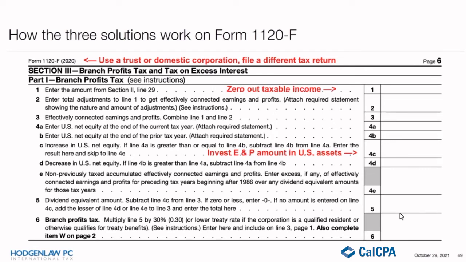And then line 4C, that's the reinvest in earnings and profits. And frankly, this is probably the easiest way to go, because if you have rental income and it's not a large amount of money every year, you can pay out some of it as management fees. And that's, I guess, the other way that you can reduce taxable income to zero, by paying out net profit in management or consulting fees to the shareholder,